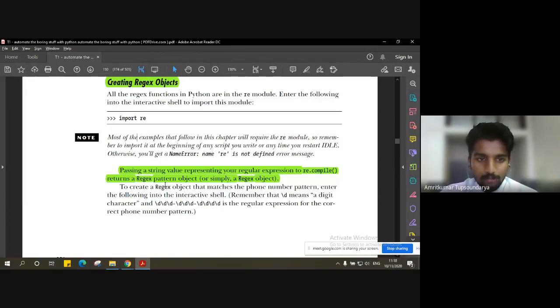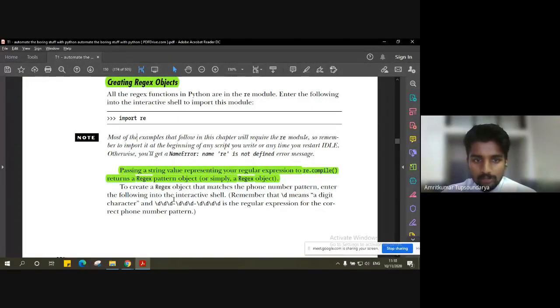Now this is very important. When we execute this re.compile function, it returns an object, a regular expression object. What is the use of the object? We will see in the next program.